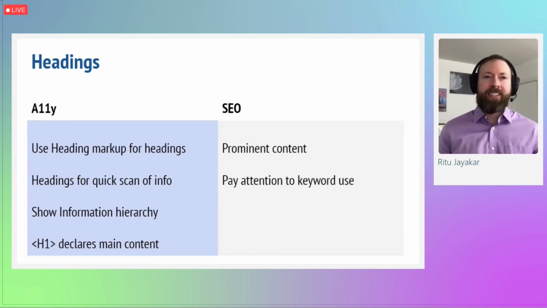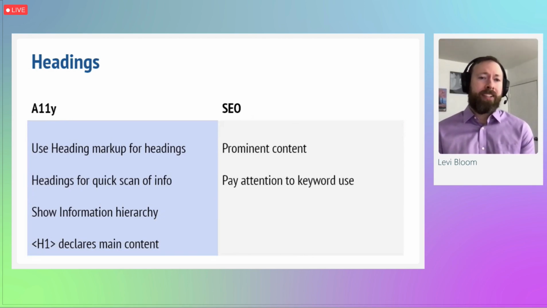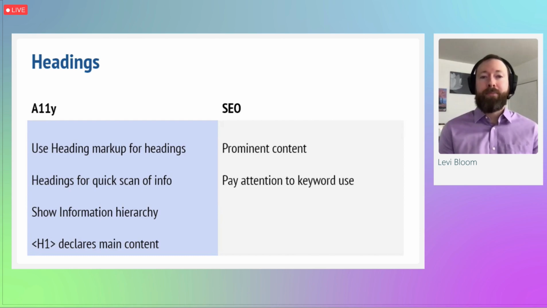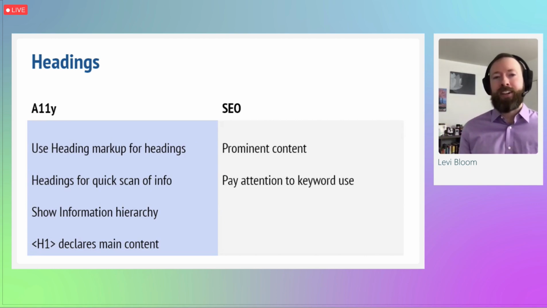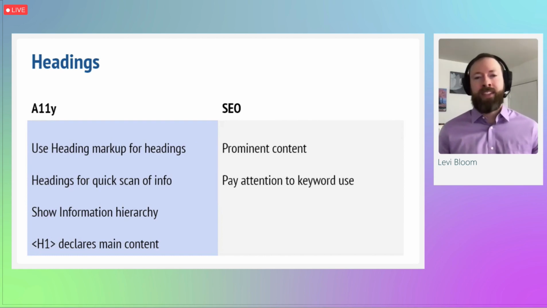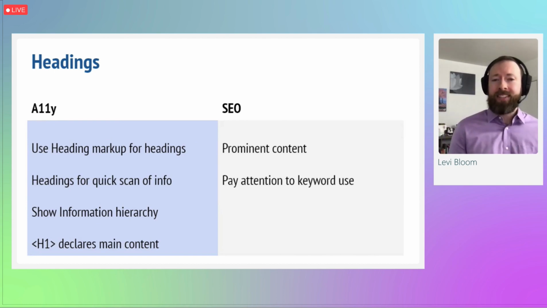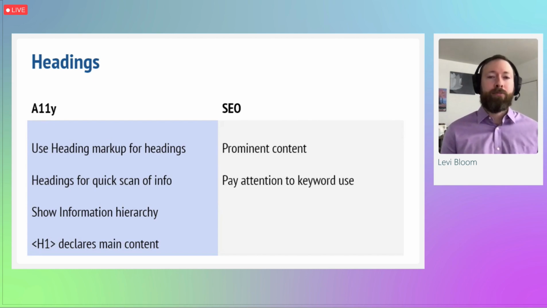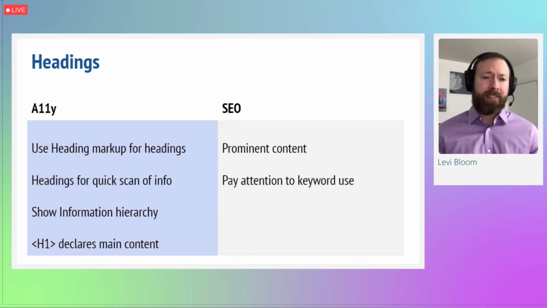All of your page content is important for SEO, but due to the extra prominence of headings, many people believe they are extra important for SEO. So get your important keywords in here too. Now, what keywords are we talking about? You have plenty of options. You could use your main keywords, or you could use variations of them, or you could use other important subtopics. They're all good ideas. Just think about what your user would want to find out. The main point here is to use the headings in the first place.